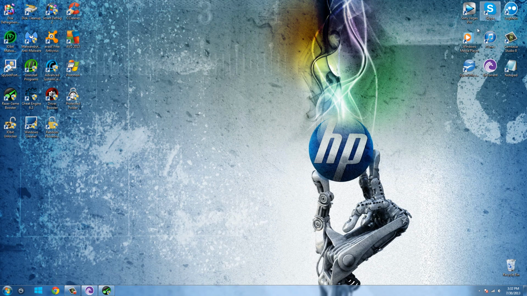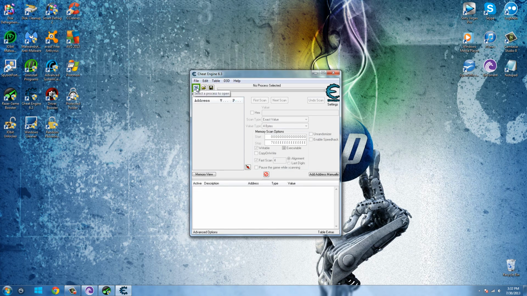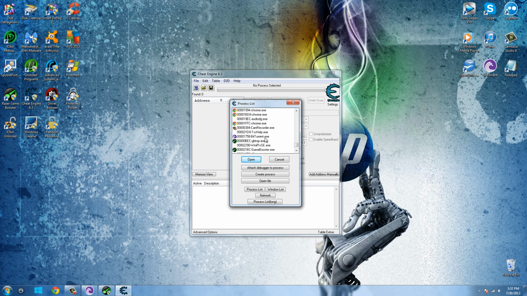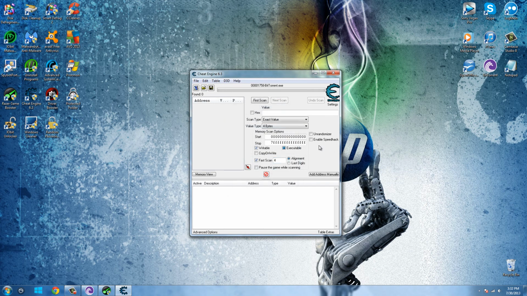And then something else that you can use is something called Cheat Engine. I don't use it, but most of my friends do. And in Cheat Engine, I'll show you how it works. In Cheat Engine, you pick a program, and in this case, it would be BitTorrent, unless there's one up here. Yeah, it would be BitTorrent. You open it, and they will enable speed hack, and then they choose this speed, and then they apply. And once you do that, you press hex and first scan, and so forth until you have speed hacked it